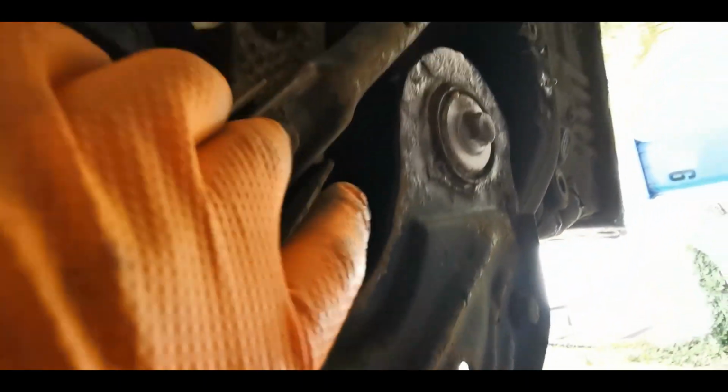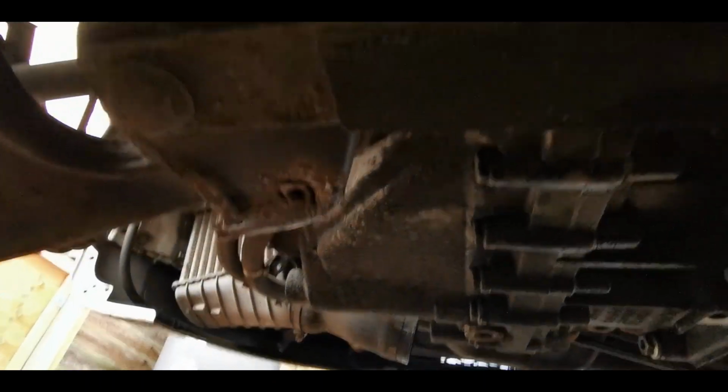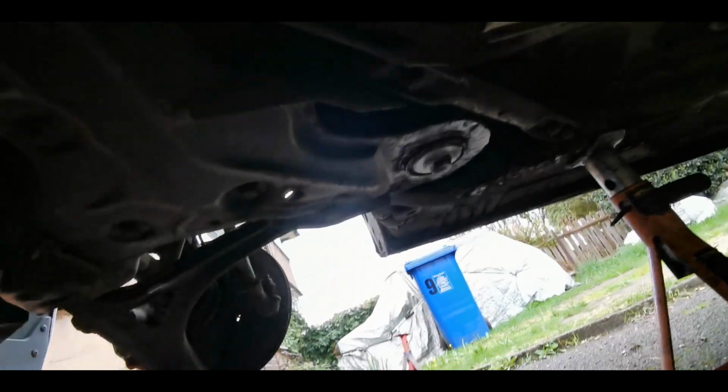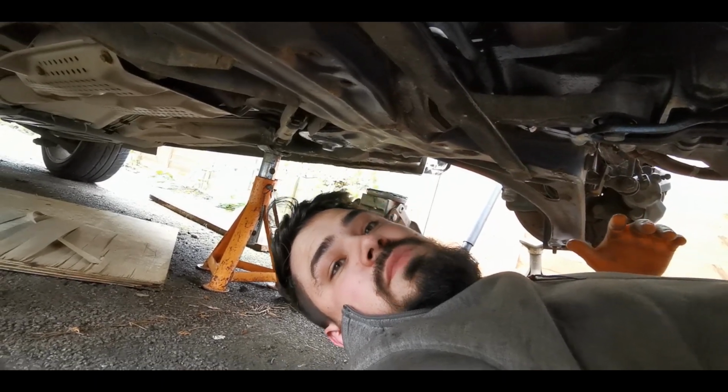And then once you've done all of that, so once you've got both wishbones undone, once you've got the steering rack removed from there and there, and there and there, once you've got these off, you can then tackle the main bolts here, which, there we go, I'm really struggling for space under here. So you've got this one here, which is the same the opposite side, and then you've got these two across the back there, which what I always recommend is crack them all off first, and then once they're all cracked off, you can